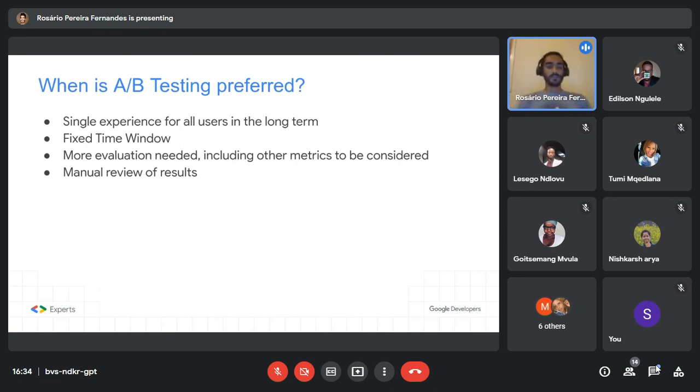And finally, when you need to do a manual review of your results, for example, maybe before you deploy that orange button, maybe you need to check with your employer, with the CTO, with the CEO, with someone from the marketing department, or anyone else that might stop you from actually deploying that button in your company.